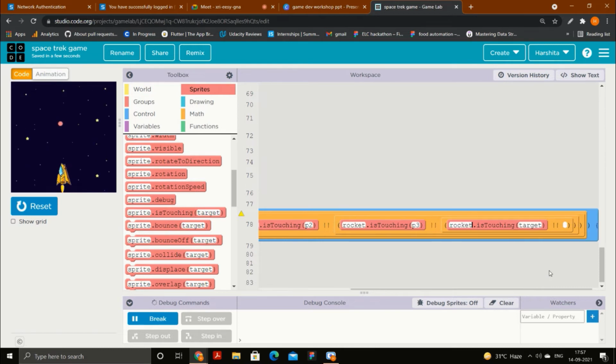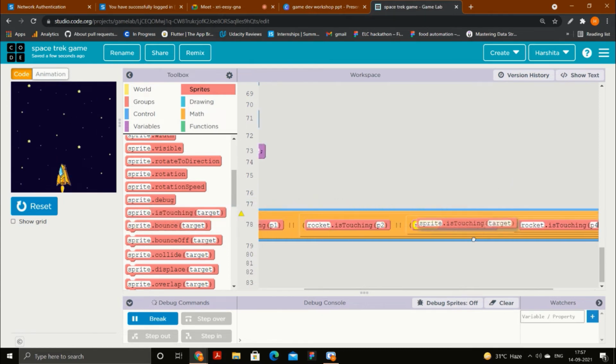And don't worry, we will provide the code as well. Just do it for now, because if you don't do this along with us, then you will not be able to understand from the code as well. So that's why now it is touching.